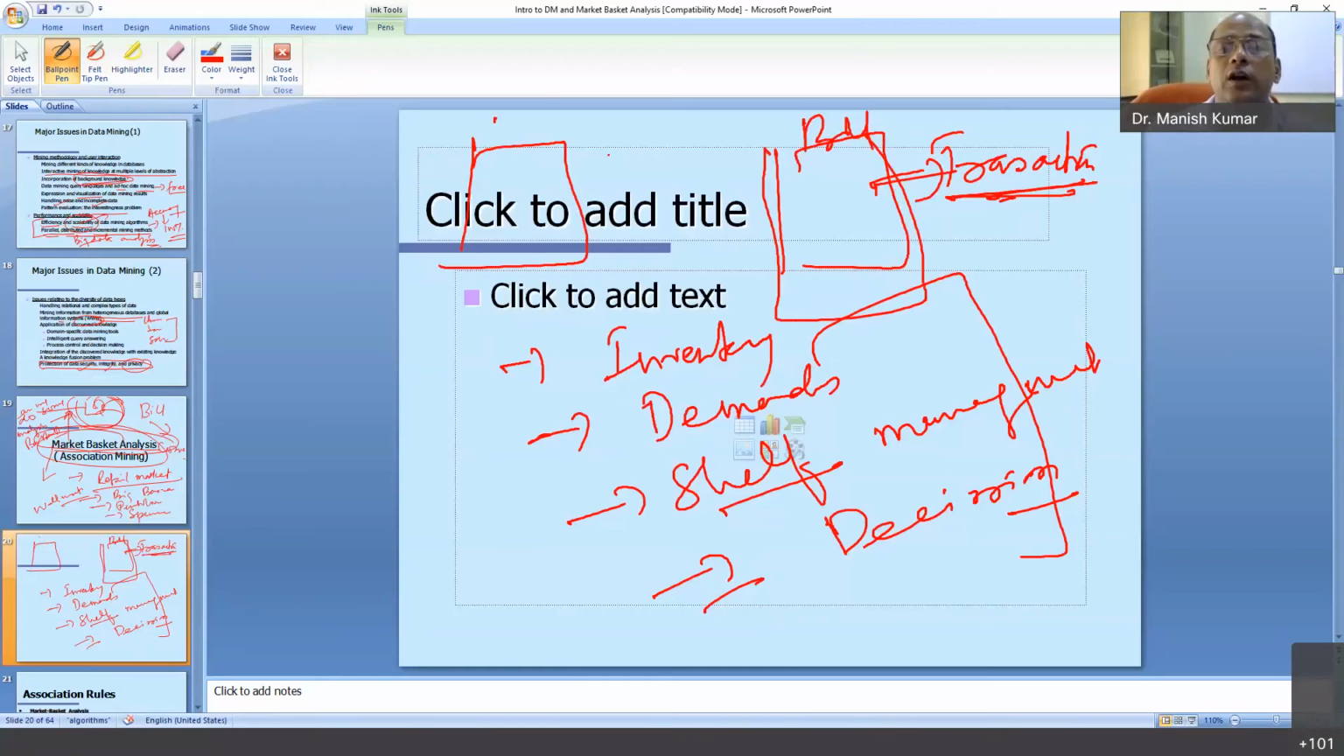So I'm taking Big Bazaar sort of things. One customer, my one transaction. Second customer comes, transaction 2 comes. Third customer's transaction 3, and so on it goes. So what you have in this case is